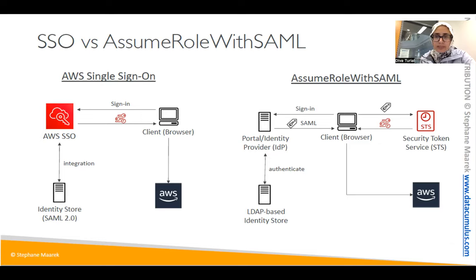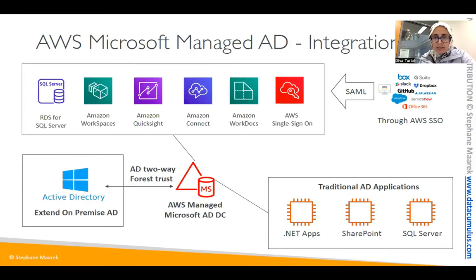So what happens is we are removing some steps, namely the STS token, or that might still be working in the background, but as a client I only see one portal that I log in through, and then I'm directed to my AWS console where I'm able to use the AWS services. So this is how SSO simplifies that entire process.